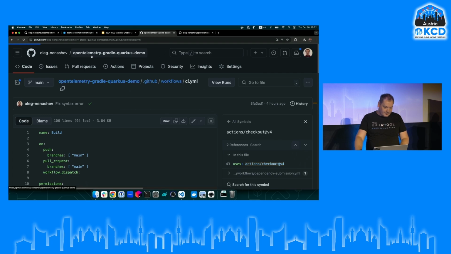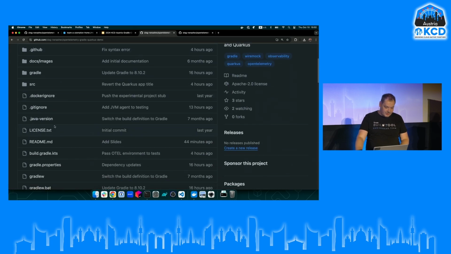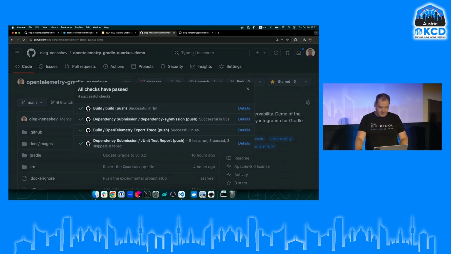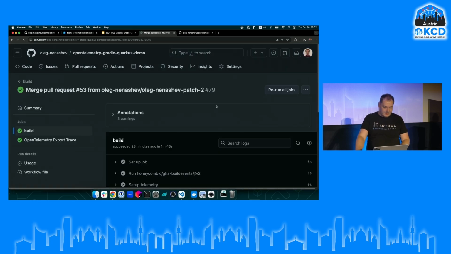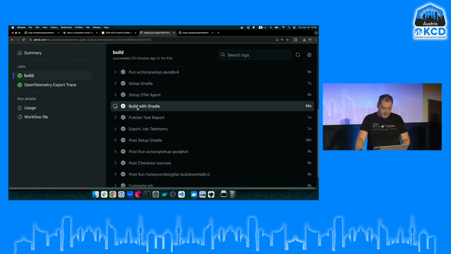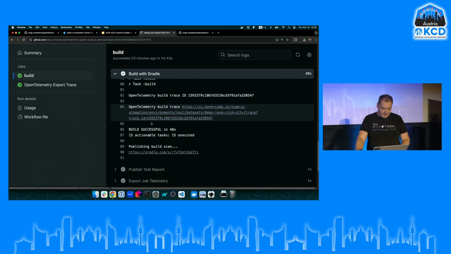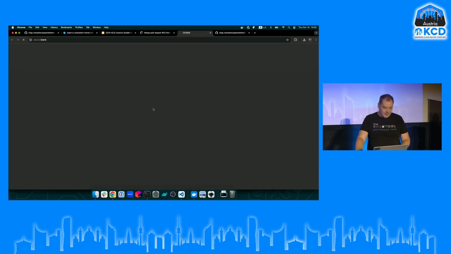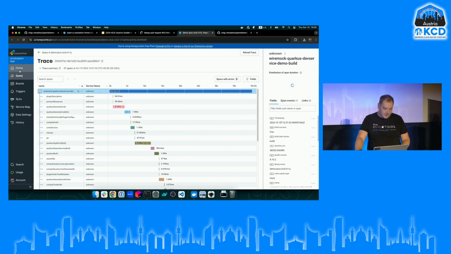So I'm going to jump between the demo parts. What I'm going to do here is open my recent build for this pipeline, and here we can find our OpenTelemetry traces on Honeycomb. Again, you can use any other service, Datadog, Dynatrace.